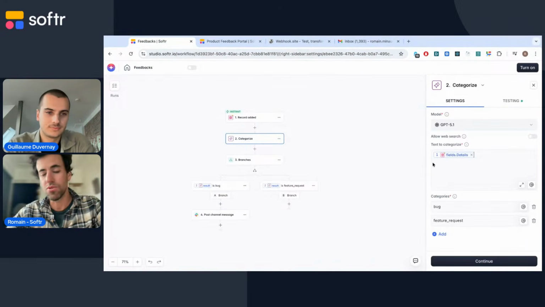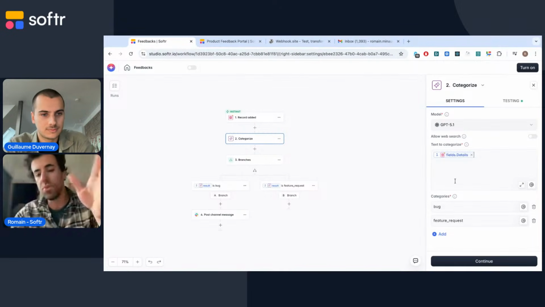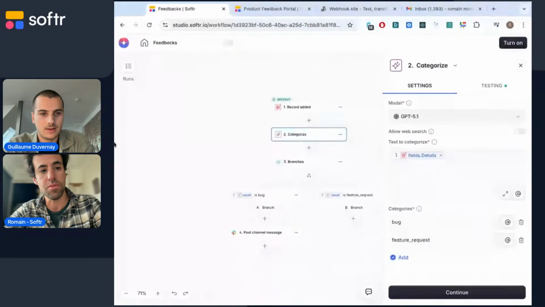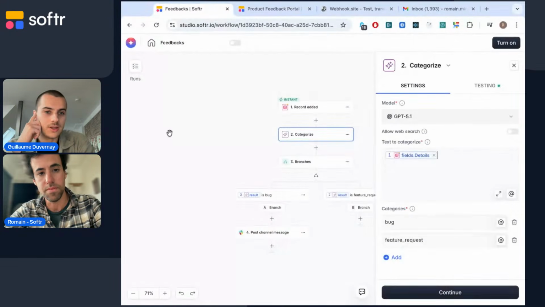A good way to do that is also to do multiple tests and compare the outputs. That's actually something you can do in the same workflow. You could potentially have different actions with different models, do a run and compare the results. Usually you store the results in a database, where then manually you maybe do a batch of 20 requests each and get an idea of which model works best.